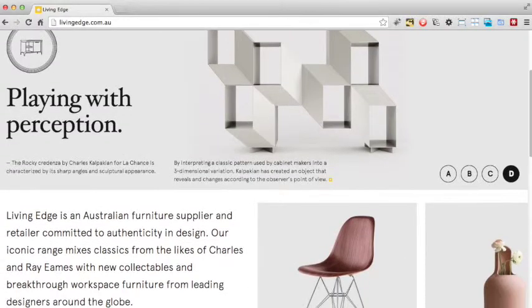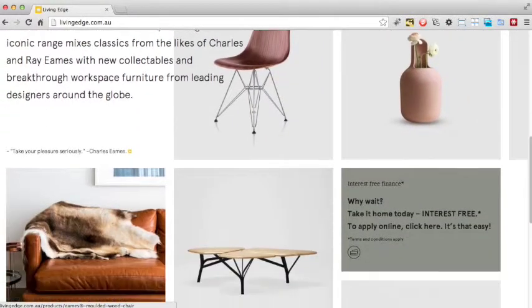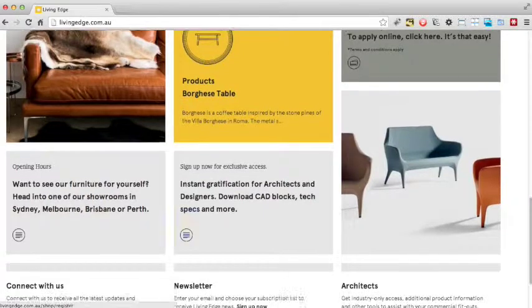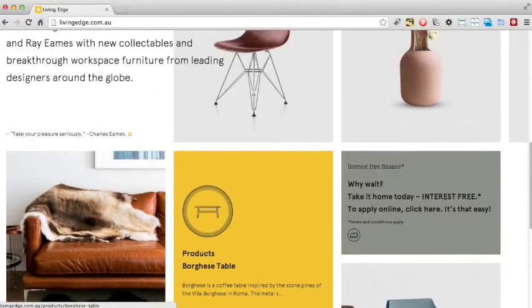Scroll down and we see the products are arranged in a strong grid layout. Subtle animation is used to make the products scroll in. This is a brilliant way of bringing the page to life and adding personality to it. It's also a useful orientation device, as it marks out an entry point in the grid for the user to